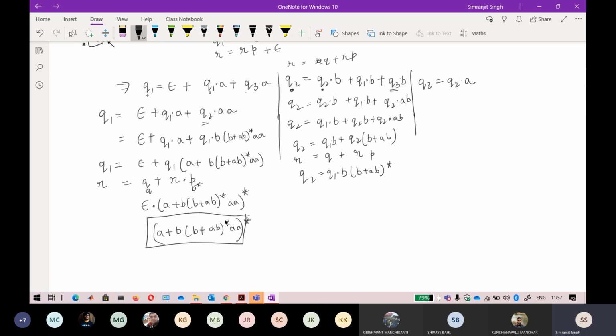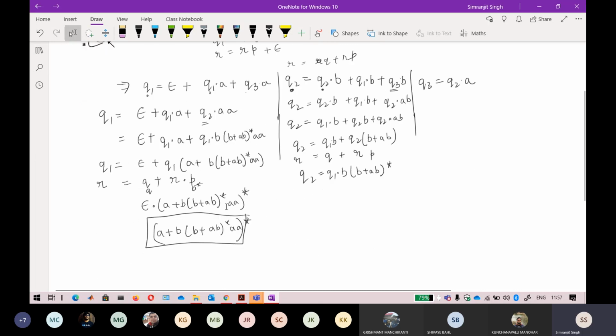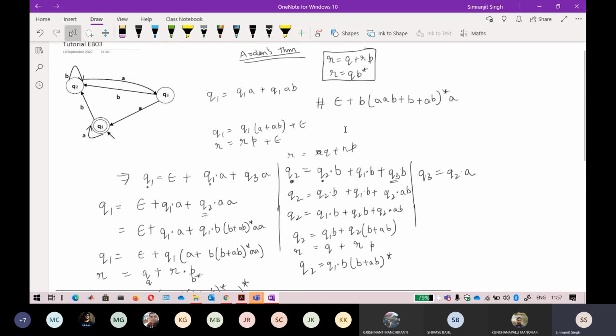Okay, so that is why I'm seeing that in this automata, the epsilon is in it because it is starting and ending at the same state, but here there is no epsilon. If I write a star here, then if you raise it to the power of 0, it can become your epsilon. So epsilon is accepted in this language, that is correct. Again, let me check another one, BA. I don't think BA is in the language. Okay, so Mayank, if you see, BA is not accepted in this language.